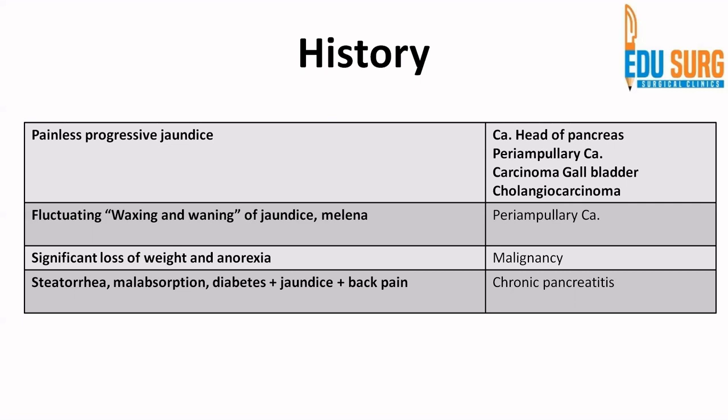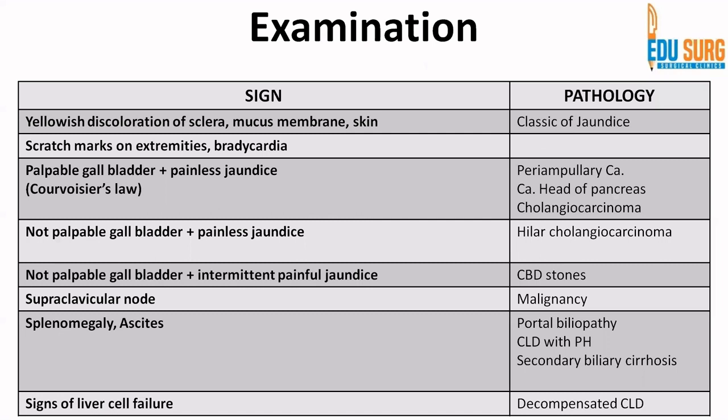Symptoms like steatorrhea, malabsorption, new onset diabetes, new onset pain and jaundice, very common in patients with chronic pancreatitis with biliary stricture. So these two slides together give you most of the points that you need to remember, understand, and have an applied knowledge of, so that you can answer any question and treat any patient who presents with obstructive jaundice. Now coming to